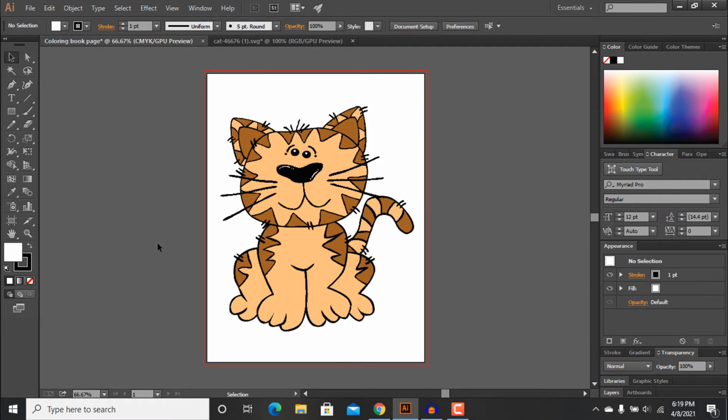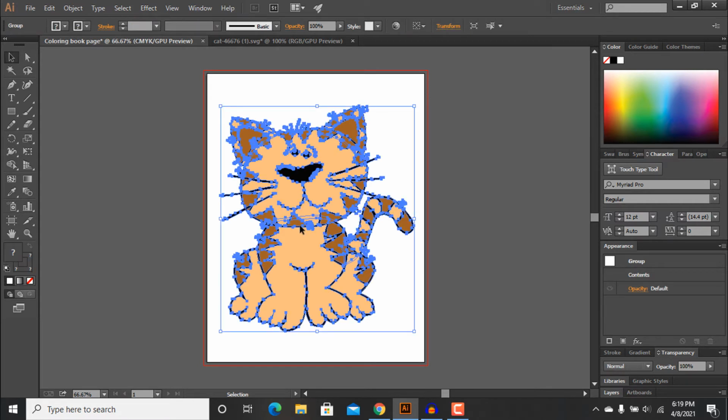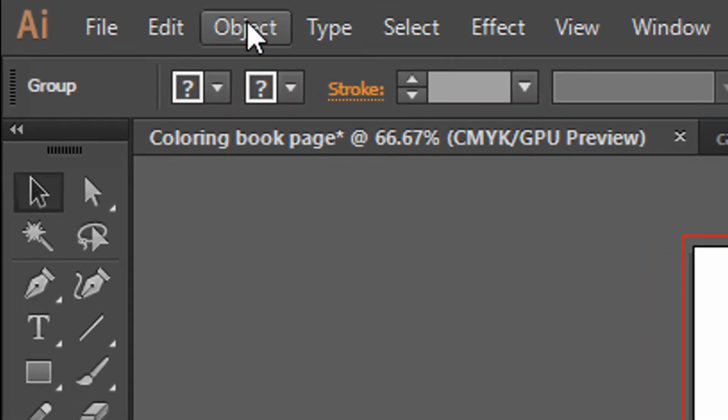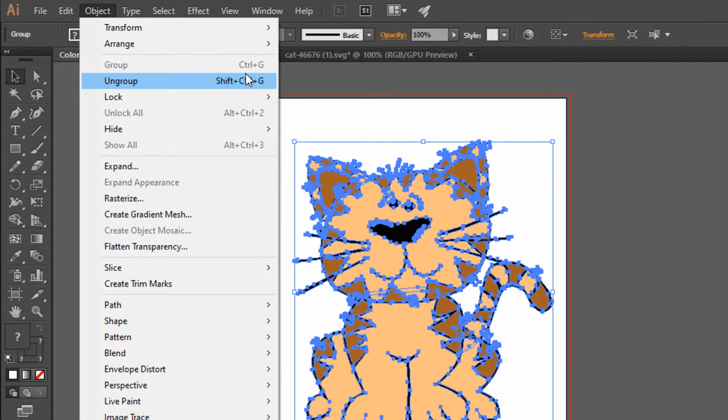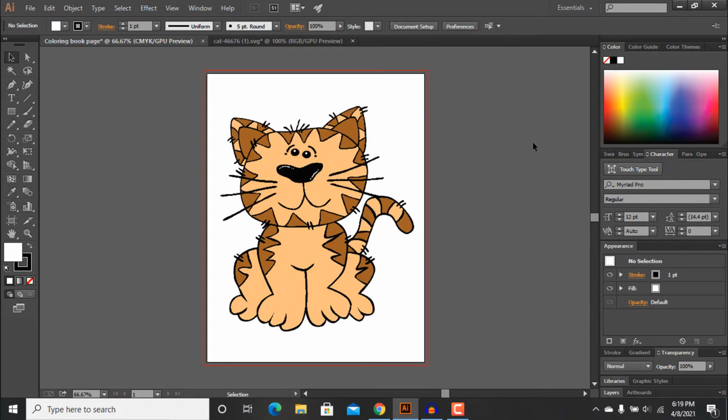So friend, after aligning this, what we are going to do is select this image and go to this object tab here and press on group here, or Shift plus Control plus G for the shortcut. So after pressing this, all of the elements act as individual elements. As you might see, our coloring book is not yet ready because this is an already colored artwork. So what we are going to do is remove the colors from this artboard. Now I am going to show you the simplest method to remove the color from this artwork.